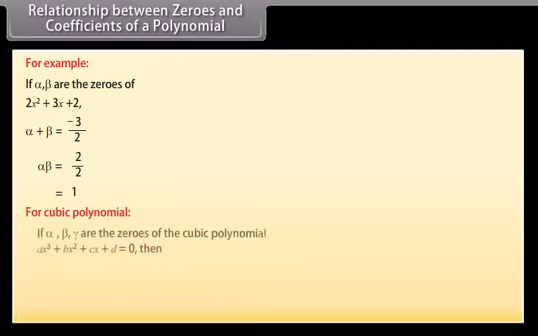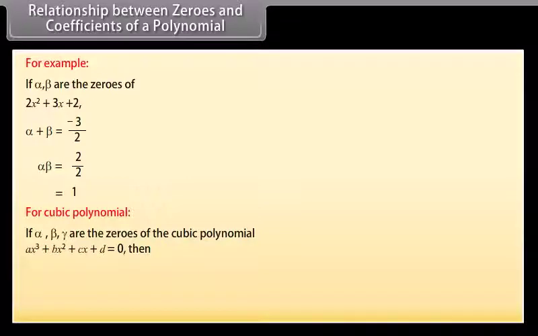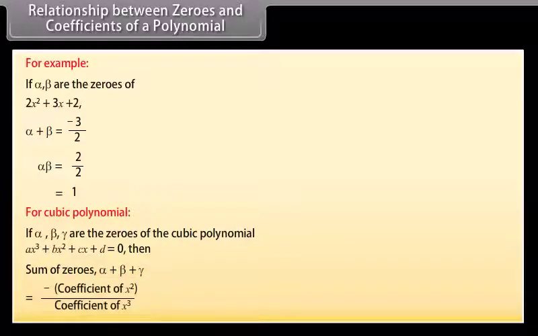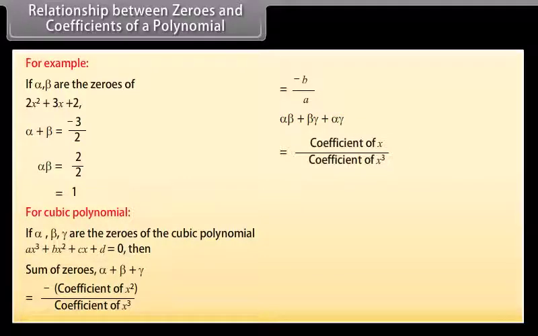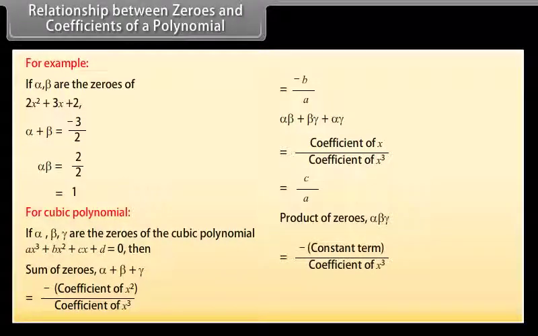For cubic polynomial, if alpha, beta, gamma are the zeros of the cubic polynomial ax cube plus bx square plus cx plus d equal to 0, then sum of zeros, alpha plus beta plus gamma, is equal to minus coefficient of x square upon coefficient of x cube, which equals minus b upon a. Alpha beta plus beta gamma plus alpha gamma is equal to coefficient of x upon coefficient of x cube, which equals c upon a. Product of zeros, alpha beta gamma, is equal to minus constant term upon coefficient of x cube, which equals minus